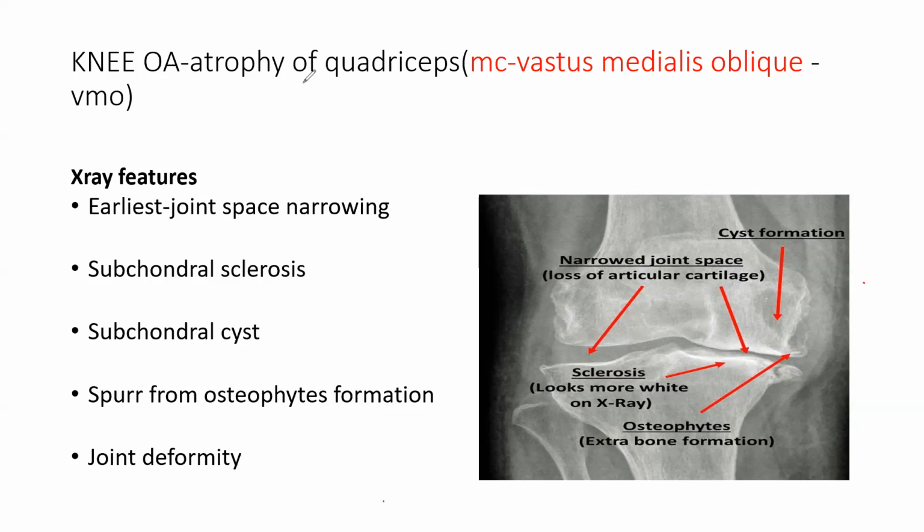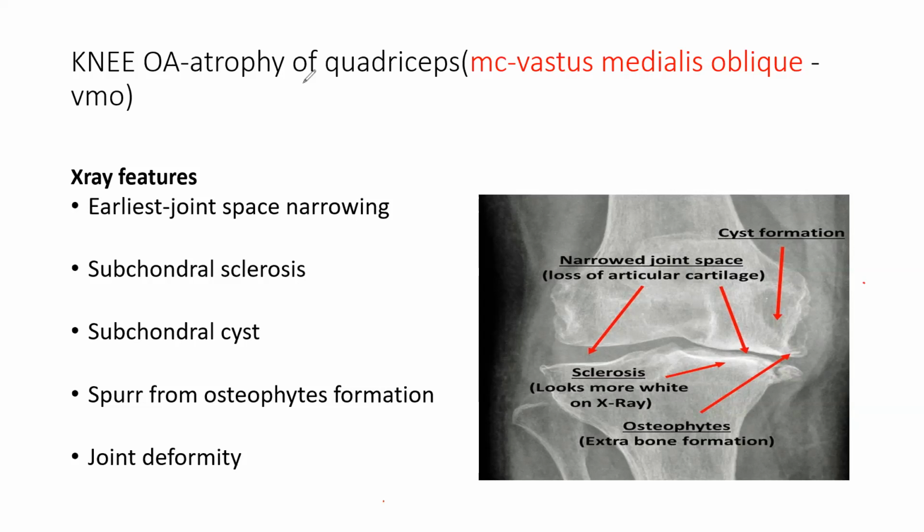One more thing: whenever you don't use any joint or any muscles, your muscles or joint will go into atrophy. This is a very common thing. A knee osteoarthritis patient cannot sit cross-legged, or cannot walk for a long time, because after walking for a long time their knee will start paining. So they avoid walking too much. Because they are not walking, there would obviously be muscle atrophy.